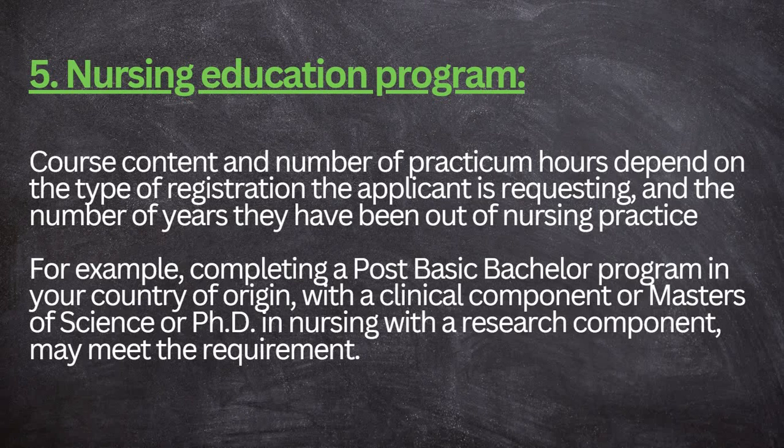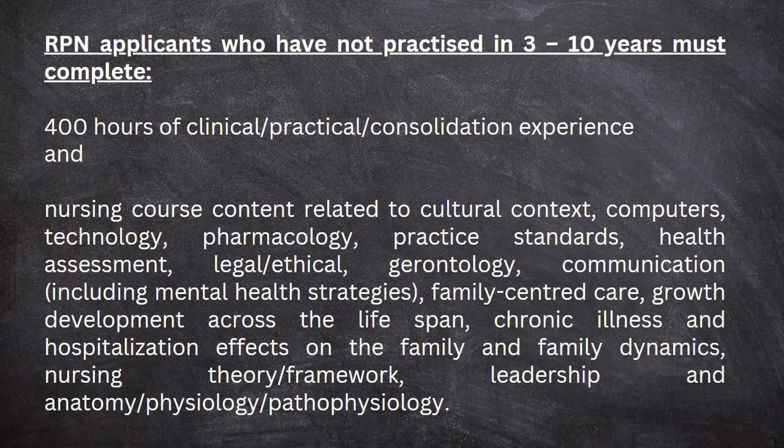So, for example, completing a post-bachelor's program in your country of origin with a clinical component, or a master's of science or a PhD in nursing with a research component, may meet the requirement. But again, you have to check with the CNO. Now, the CNO has different